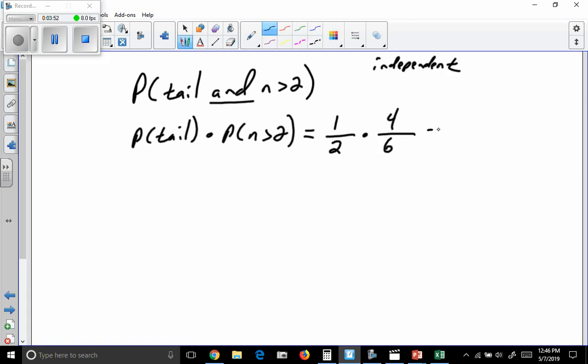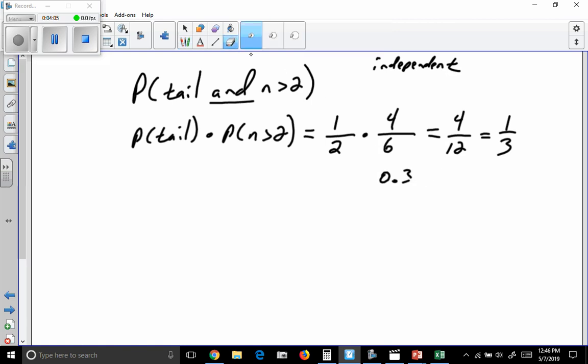So if I multiply this together, 1 times 4 over 2 times 6, which reduces to 1/3, as a decimal, 0.33 repeating. So that's the likelihood of tossing a coin and getting a tail, and rolling a die and getting a number